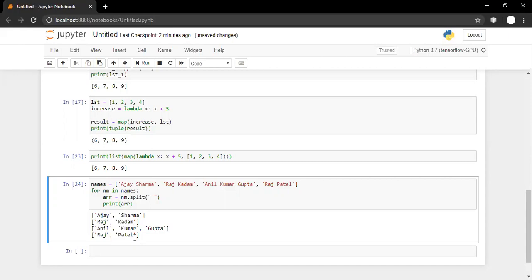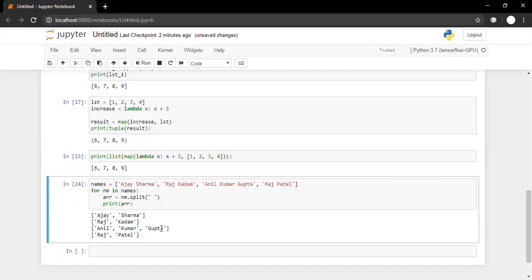But the index of the last element is unknown. It can be 1, or the index can be 2, or it can be 3 or 4 also, depending on who that person is. Let us say we're talking about some South Indian person. We don't know what the index of a last name can be. Or we are talking about some Muslim person who is extending the names of his fathers or adding something in front of him. We don't know how many words will be there. So it is a better idea to say the last element in a list contains the surname.